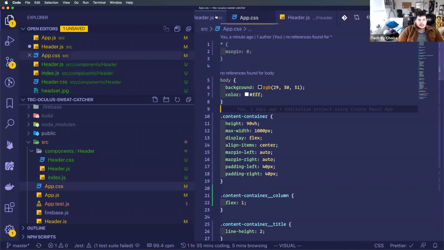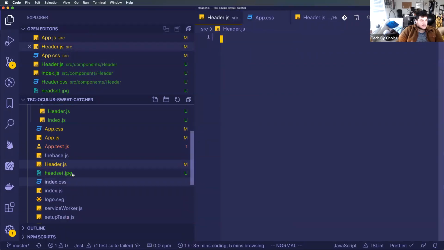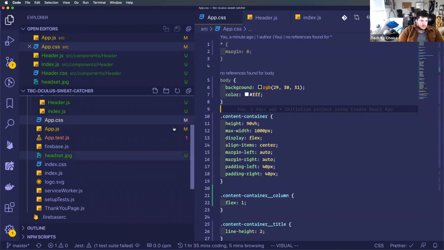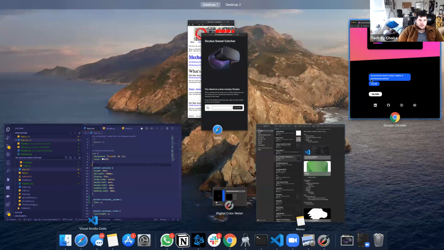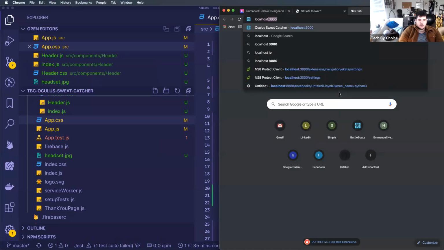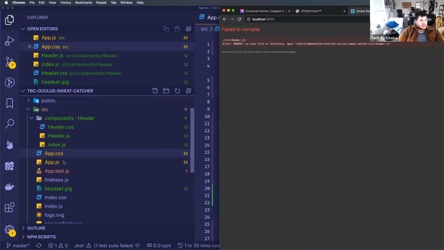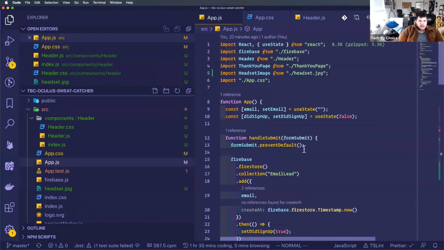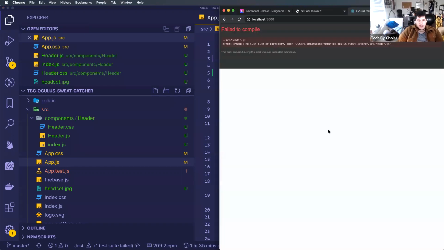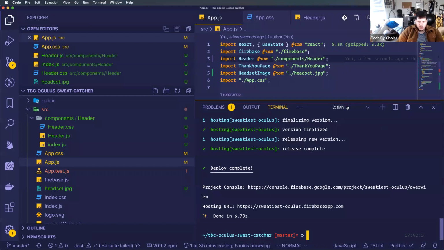go to my app.css, I should delete this file. My page is probably not running anymore, or it can't run because I deleted a file that it needed. But now in my app.js, instead of importing header from header, I'll import it from components header. And I don't have to further define that I need the header because that index file will handle that for me. And now I need to reboot my entire